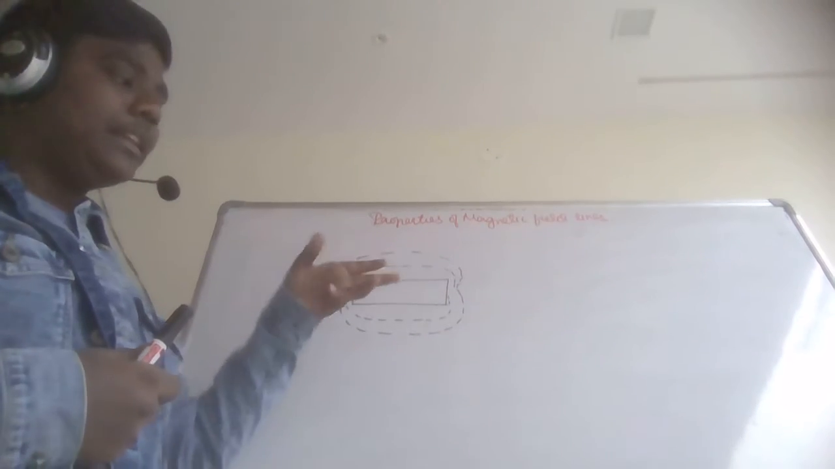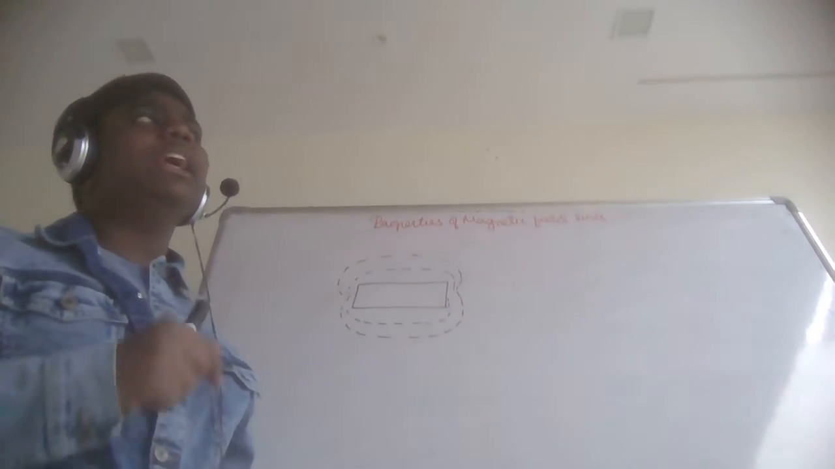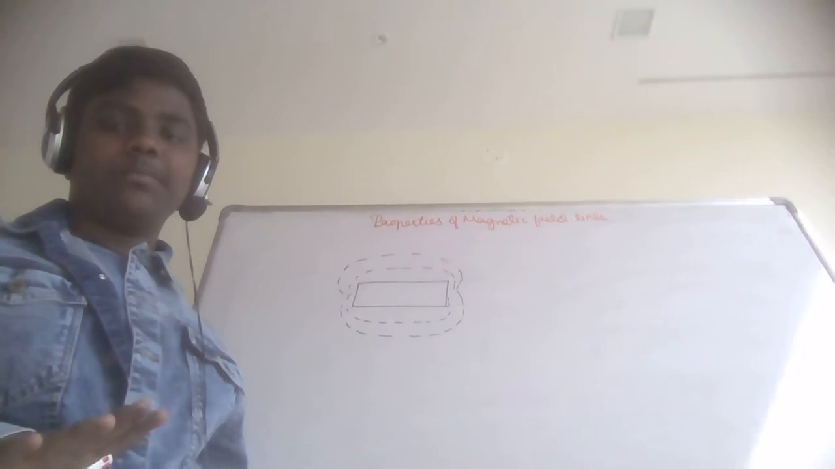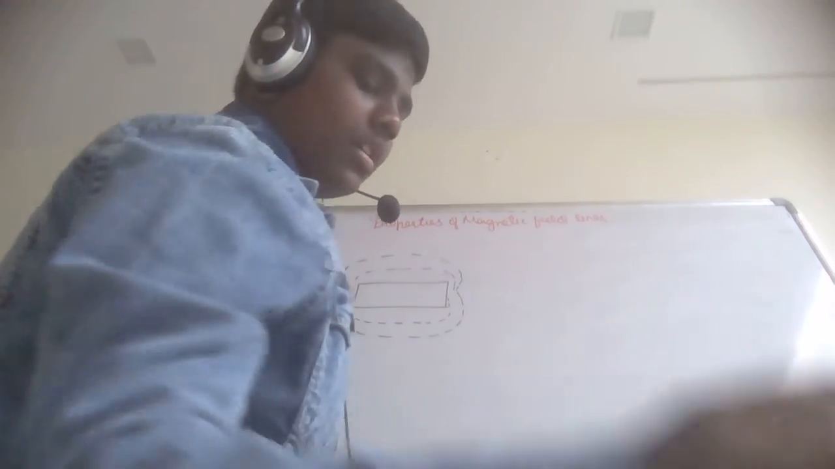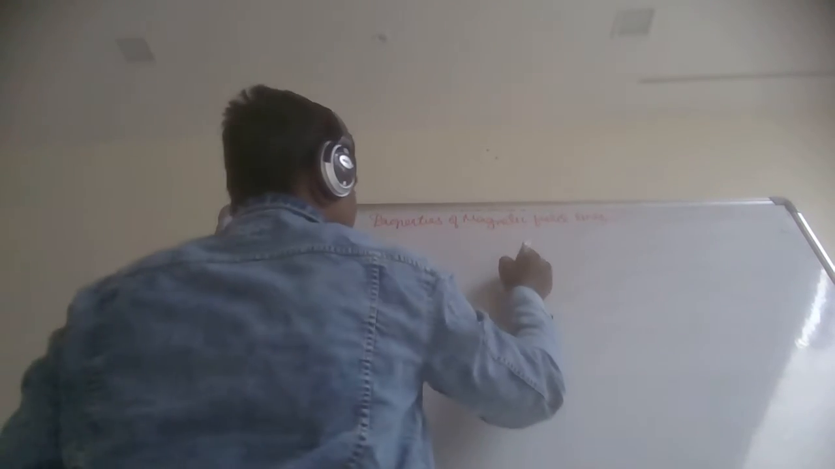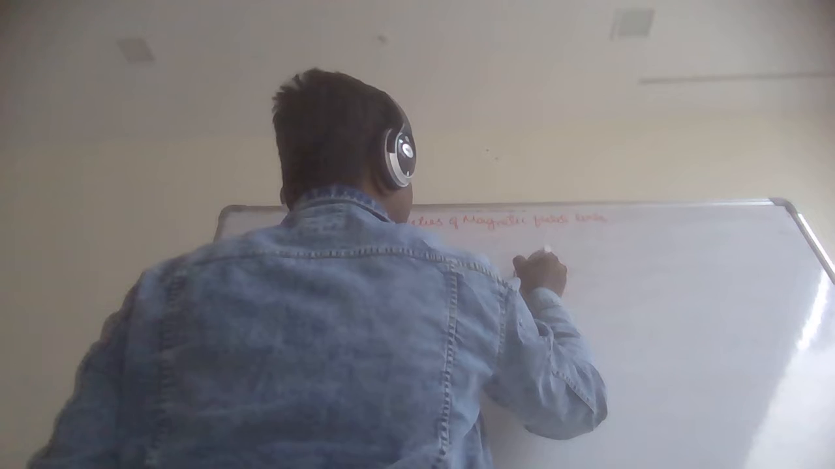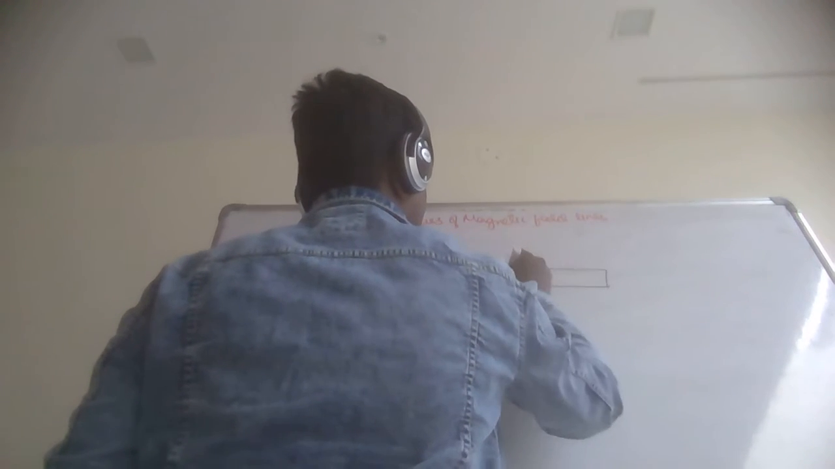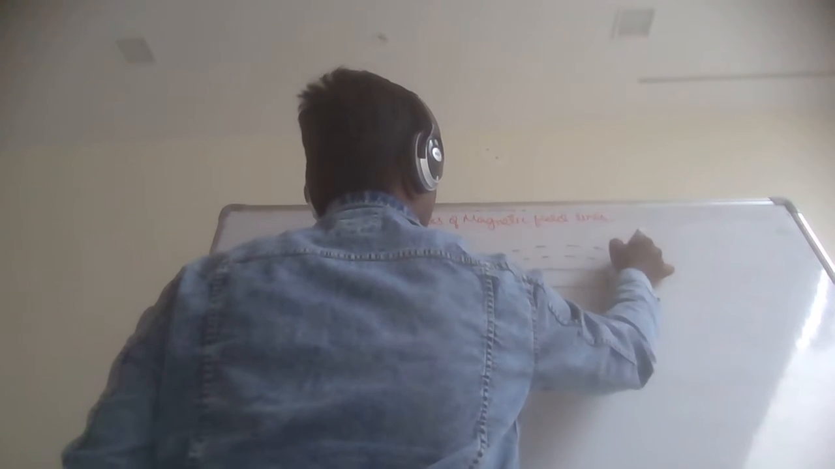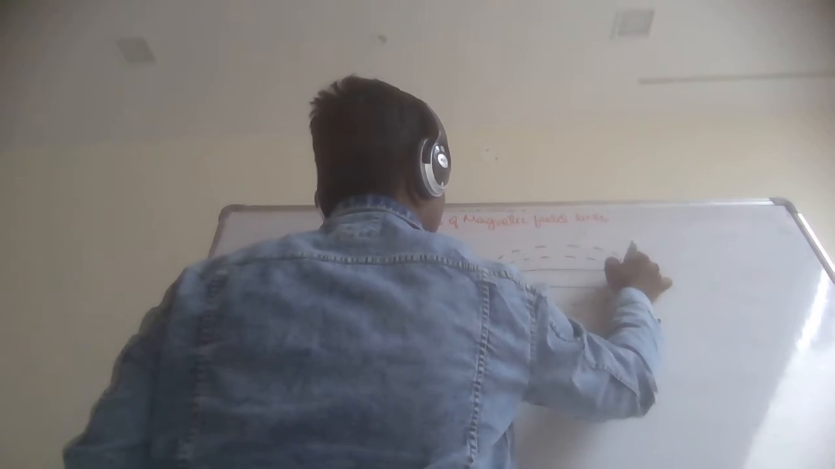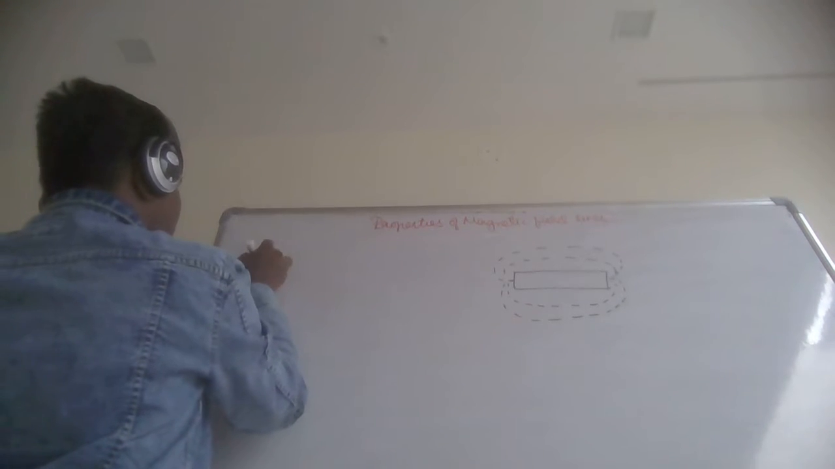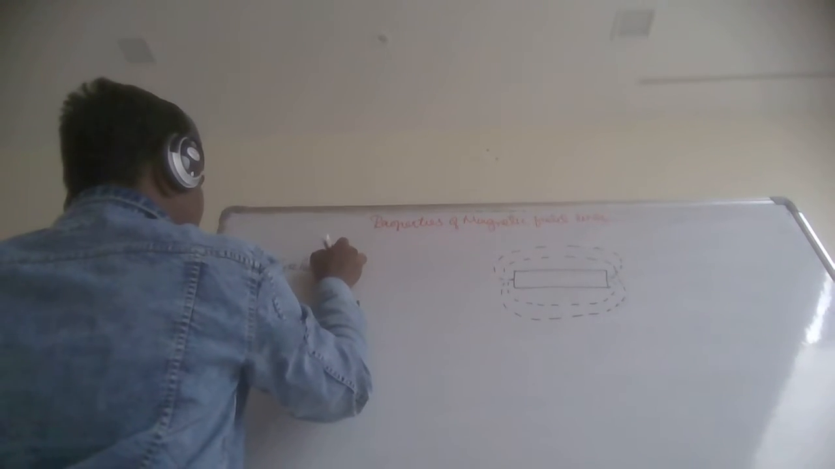Magnetic field lines are imaginary lines that represent the presence of a magnetic field. Now, the properties of magnetic field lines. With the help of the figure I have drawn here, we can list out the properties of magnetic field lines. The first thing we can see from the figure is that